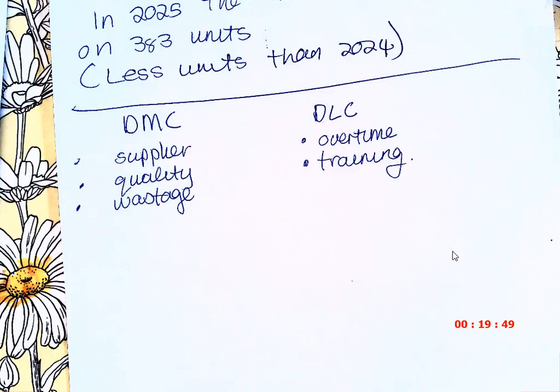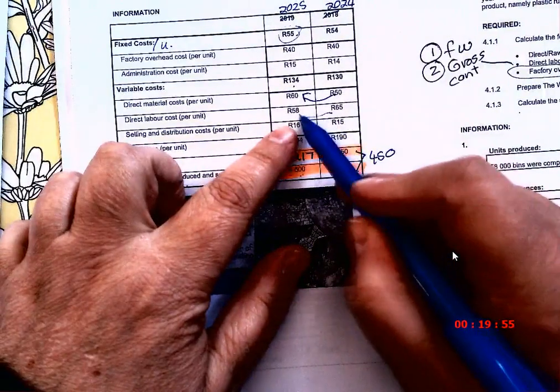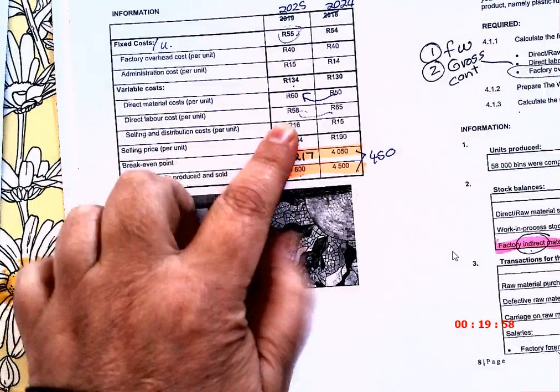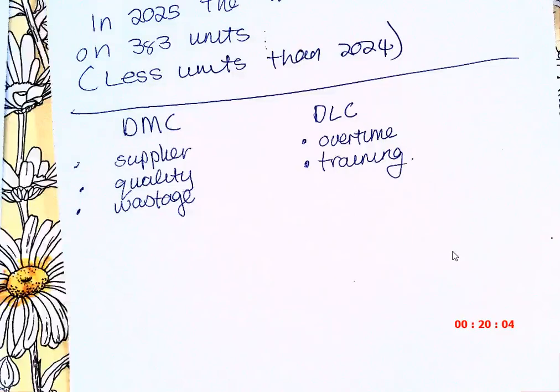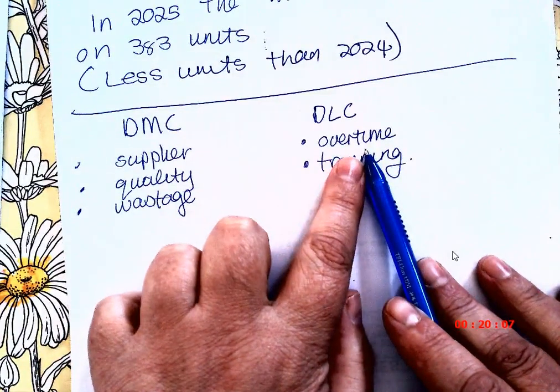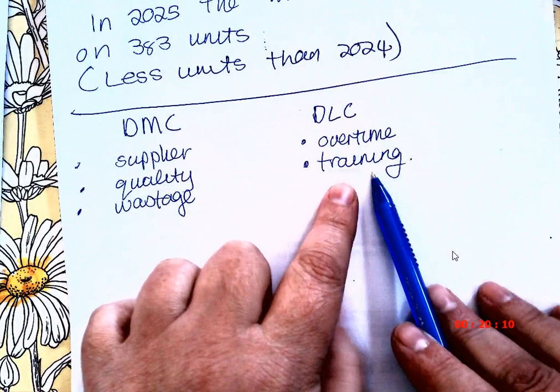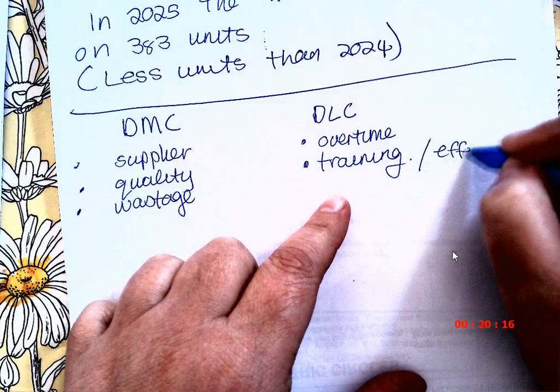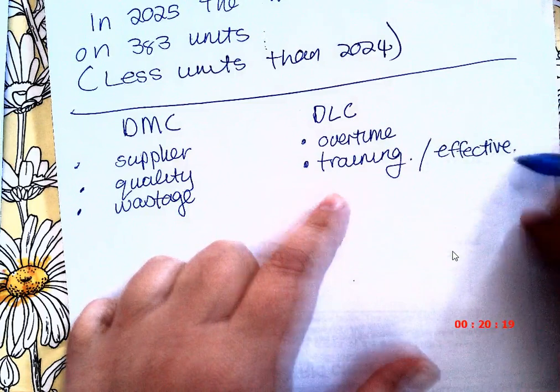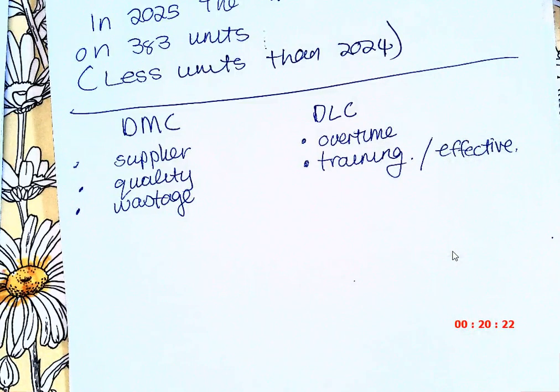So with the direct labor, if I look at the direct labor, I see it decreased. So please, you're not going to say, oh, because we fired workers. No. What are you going to say? You're going to say they worked less overtime. Workers went for training, and that means they are now more effective. Remember, with Bibi, what we did is I sent her for training. Now she knits 2 jerseys for 100 Rand instead of 1 jersey for 100 Rand. Okay, so